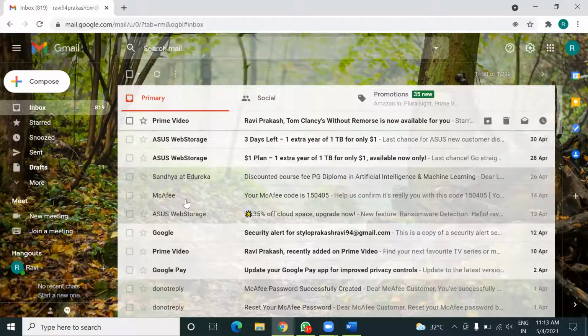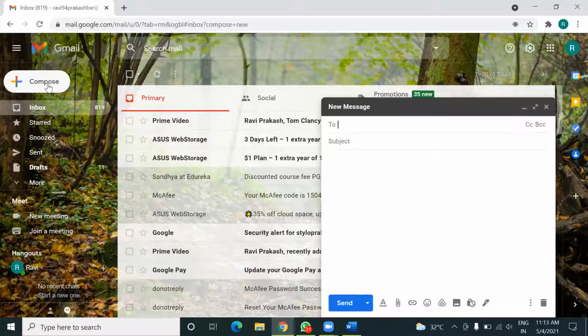Here these are the list of email messages received by me, and here you can see a compose button. Click on this compose button to send email to any other email ID. Here you can see the To field, where you can type the email address of the recipients. I think there is no limit for the number of recipients.